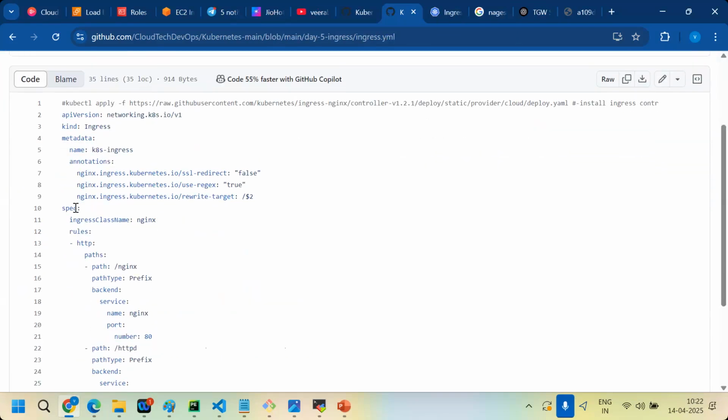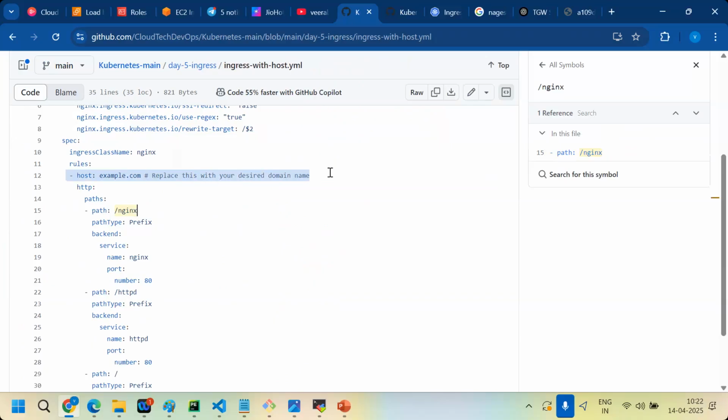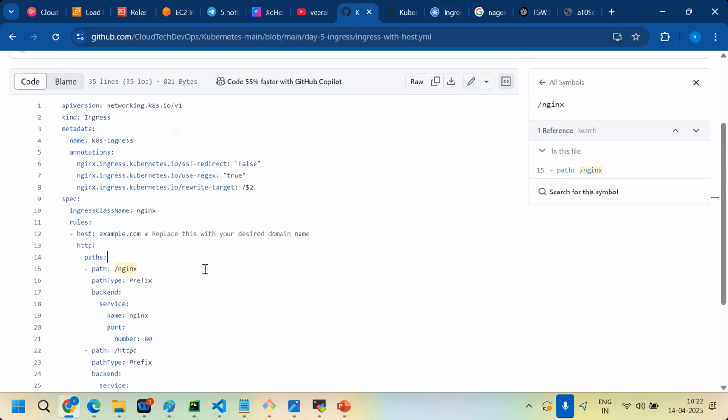So this is ingress.yaml. Under rules, HTTP is there directly, right? Here under rules, in between, host is there. Host means domain name. Your domain name is there, right? If you give your domain name, you are able to access the domain name with a path, the domain name normally, the domain name with default, like that. But here what you need to do: the load balancer will be created, right? You need to create a record first. Then only you are able to access. Understand? This is the host-based ingress controller.